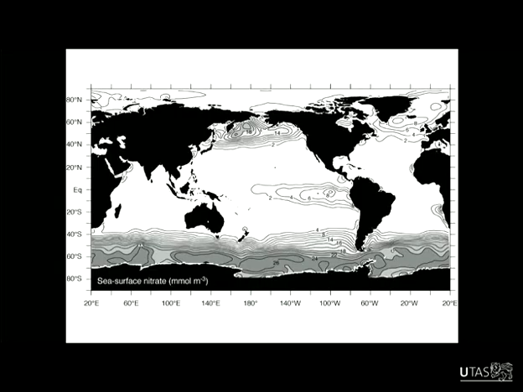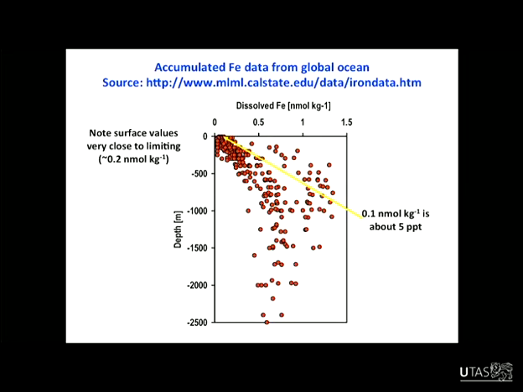I think the calculation that Zano made was actually you'd need 500 Olympic swimming pools of seawater. If you extracted all the iron from 500 Olympic swimming pools, you'd be able to make one nail. So it's incredibly low concentrations, and for the longest time, our measurements of iron were contaminated.